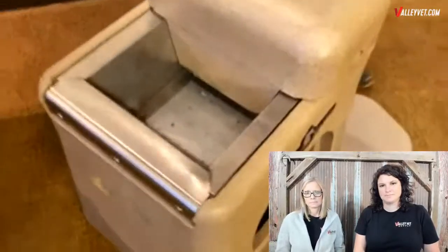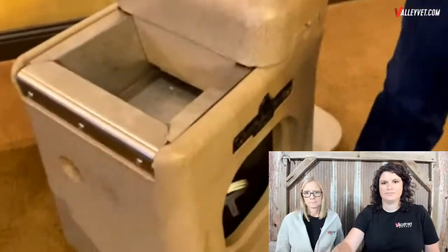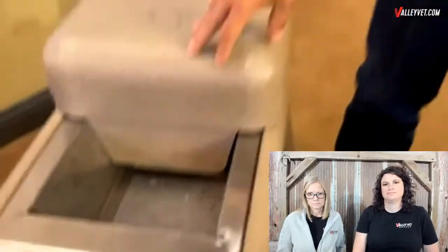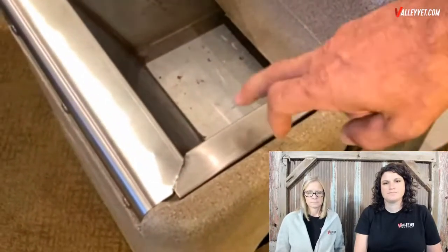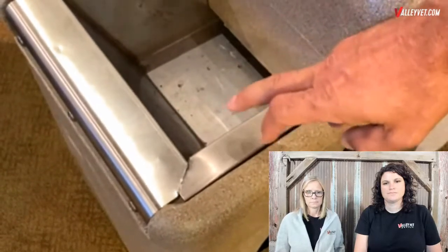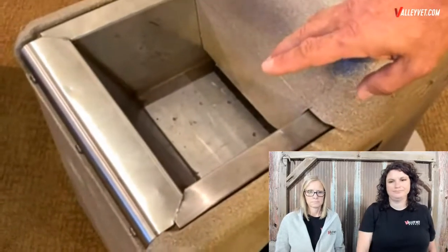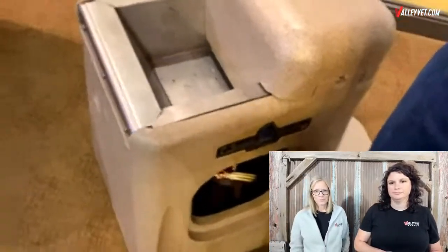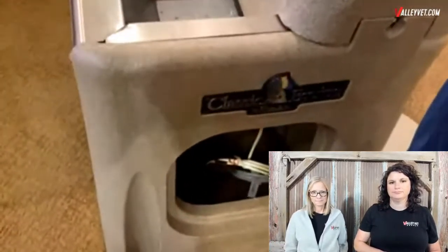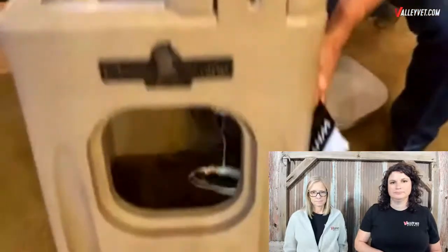One step up from that unit is the Classic Equine by Ritchie Ultra Fount. This one is our turnkey frost-free unit. It comes standard insulated, and also standard with a stainless steel reservoir that has a heat element underneath it, and it also has a self-regulating thermostat underneath it. And it also turns itself on when it's 33 degrees or below, and it turns itself off when it's above freezing. So I'm going to tip it upside down, and you can see